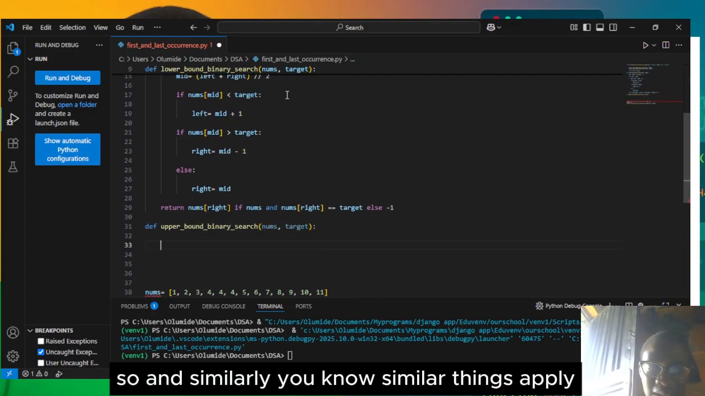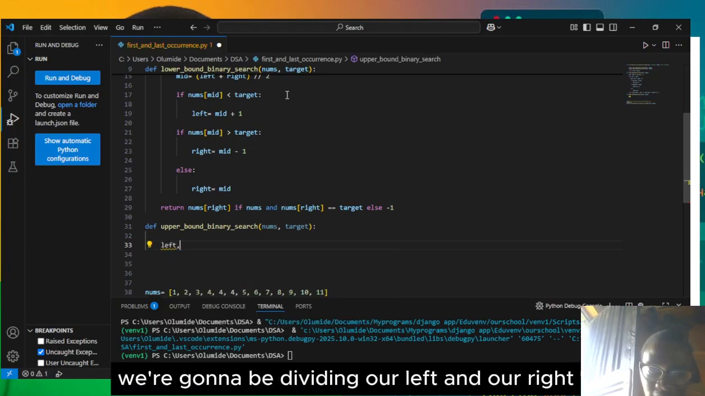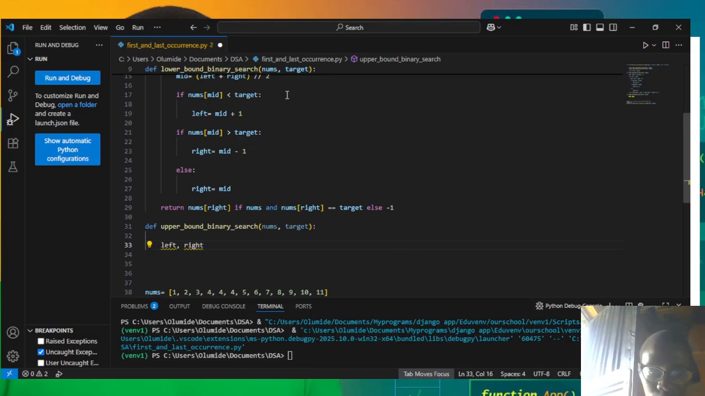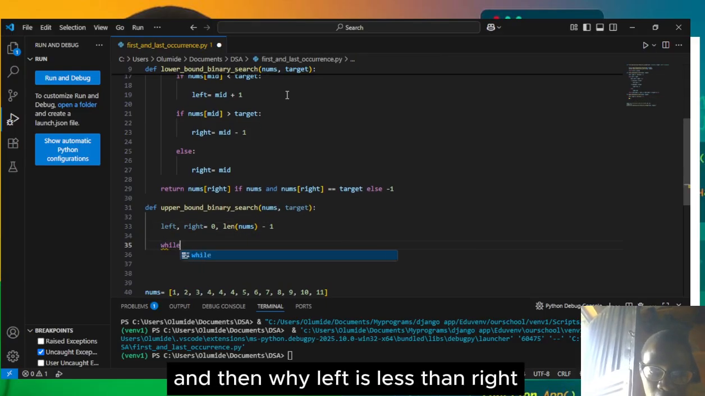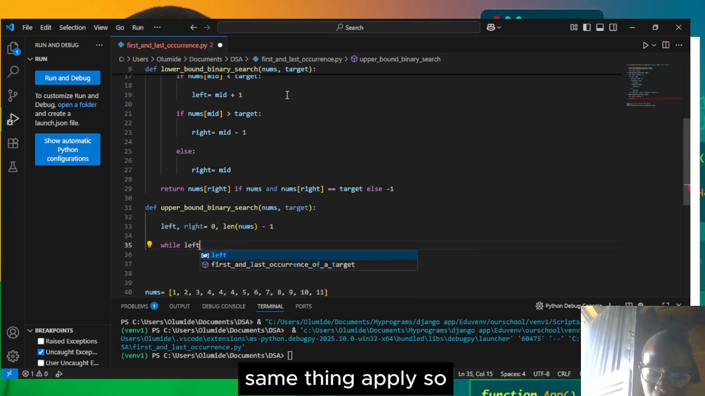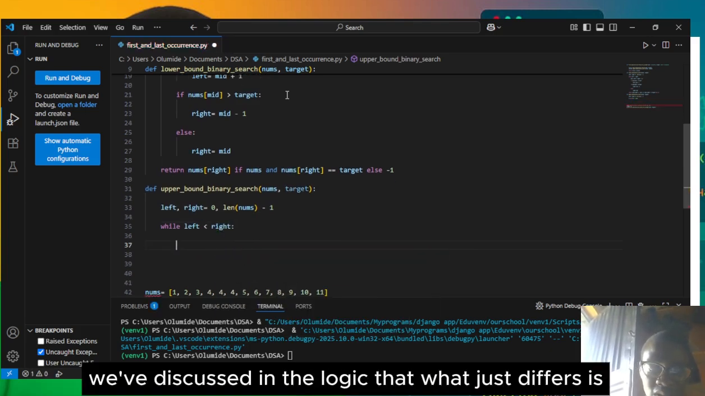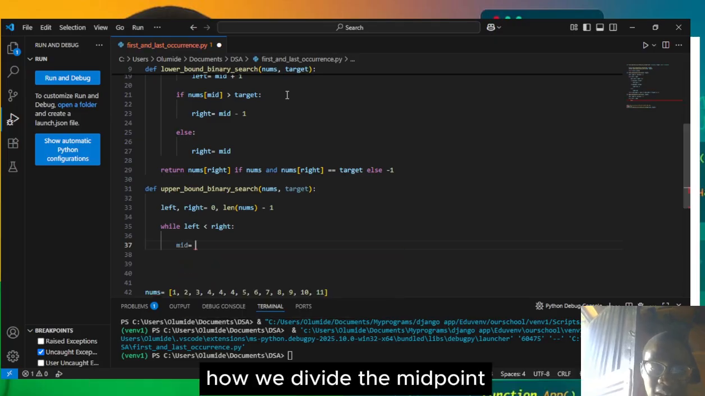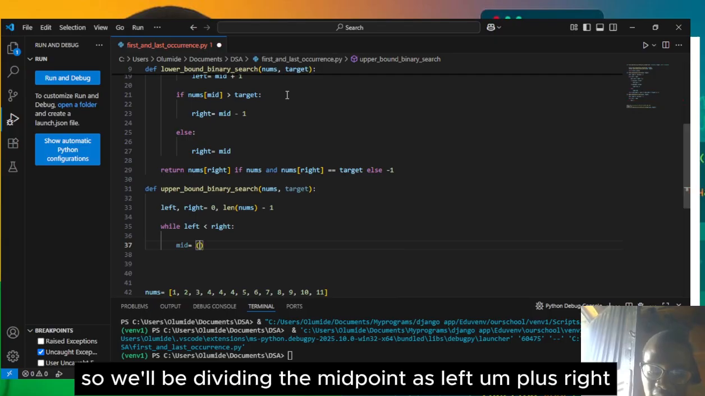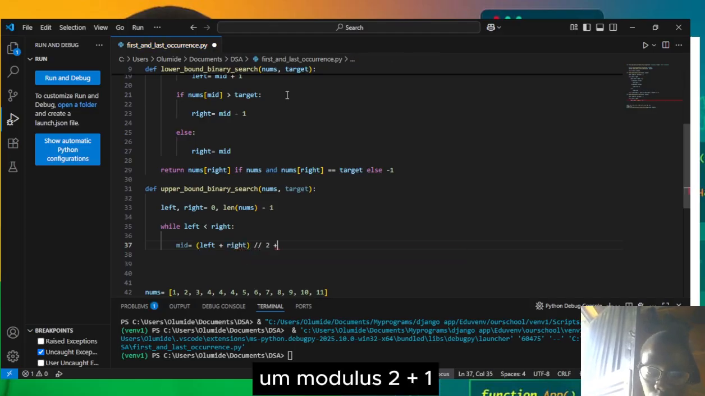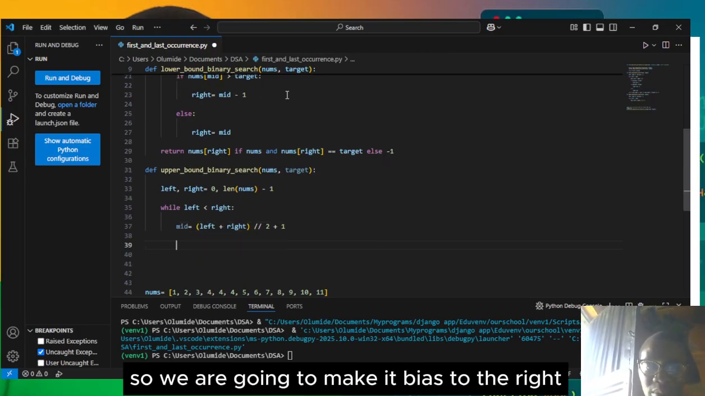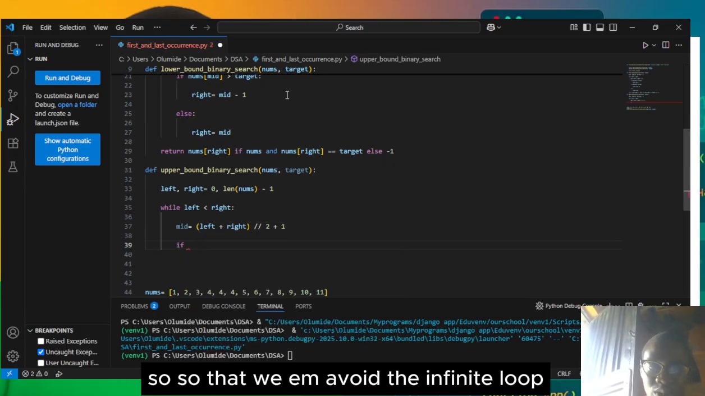Similar things apply. We're going to be dividing our left and right search space to be 0 and length of nums minus 1, and then while left is less than right, the same thing applies. As we've discussed in the logic, what differs is how we define the midpoint. So we'll define the midpoint as (left plus right) modulus 2 plus 1. So we are going to make it biased to the right,